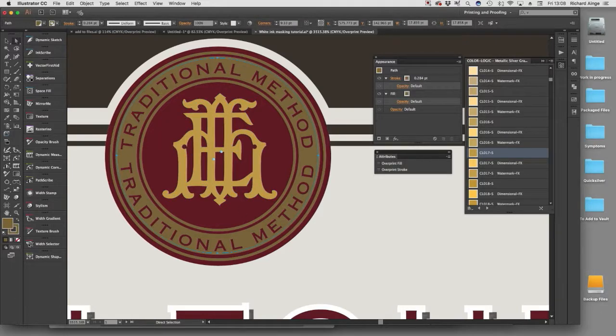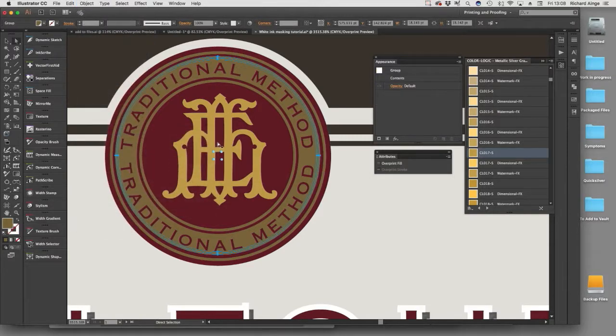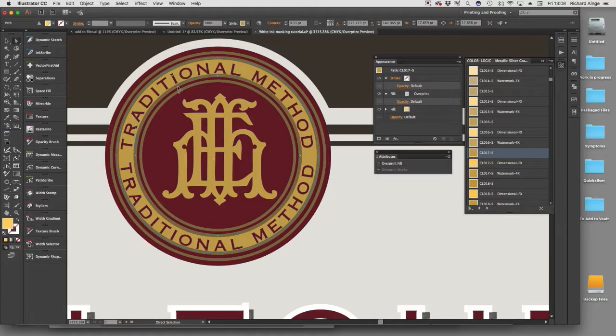This one has got a stroke around it. So what I'm going to do here, I'm just going to go Object, Path, outline the stroke. So now it becomes a fill. So first of all I'm going to pick the first one up and colour it up, and then I'm going to pick up the other one which we outlined,